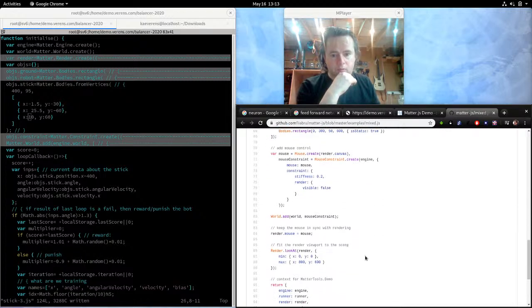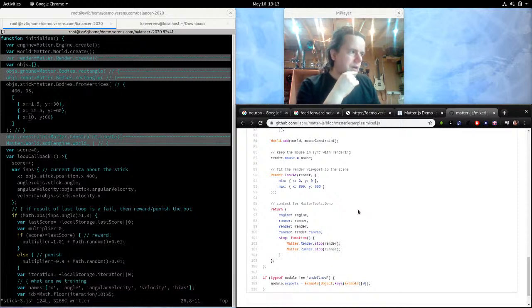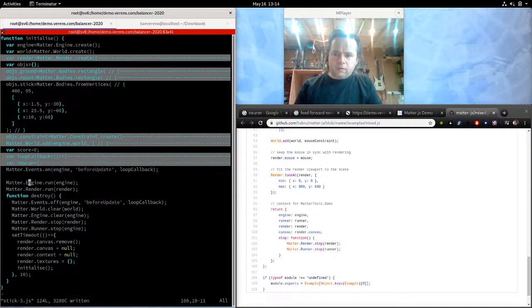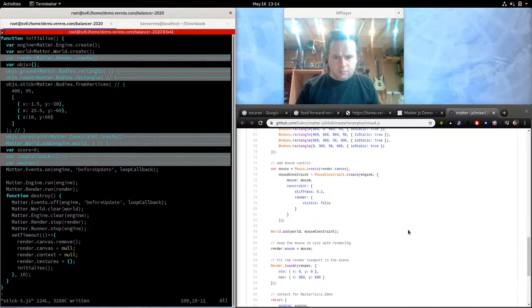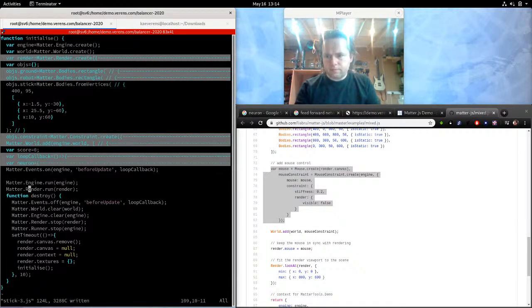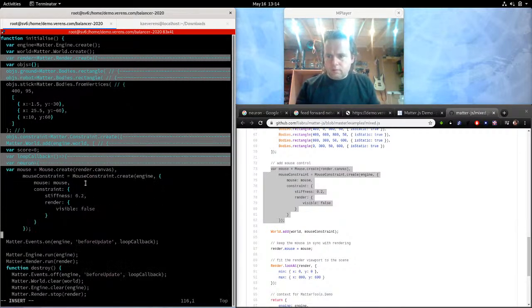I don't know. I'm gonna give it a shot. Let's just add this in and see what happens. I don't know where to add it in, but let's just play around. Var mouse equals. Just add that in there. I don't know if this is going to work. Now, I can't just use mouse. It has to be